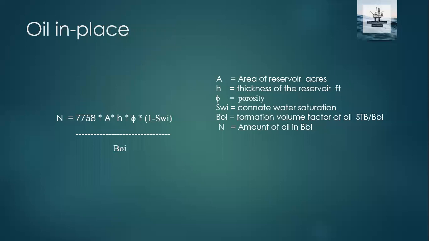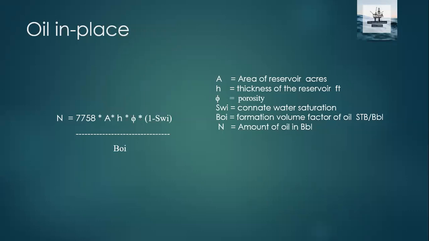In that way, the formula will be the same: area will be the same, H will be the same, porosity. These are all constants at any stage of production. This will not change. 1 minus SWI also will be considered constant. Why? Because this water is a part of the rock. It is an integral part of the rock. It cannot be recovered. So the only one that changes is BOI, which becomes simply